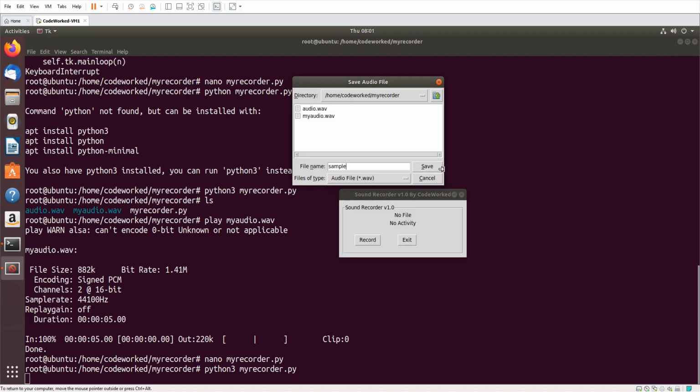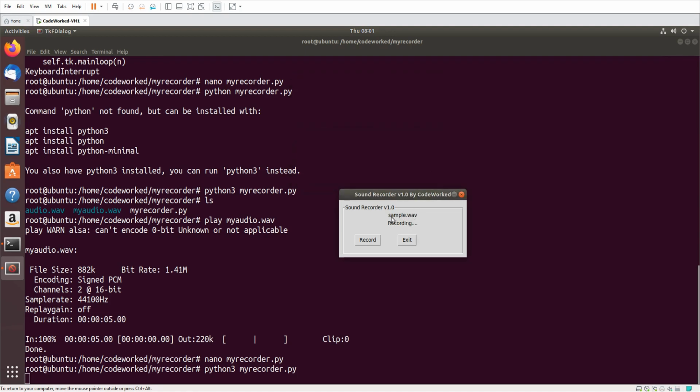Then I will speak some testing words to check if it's recording. Okay, let's start now. Save. You can see it is working. It's showing recording and it's showing the file name.